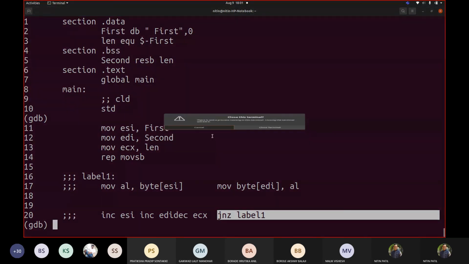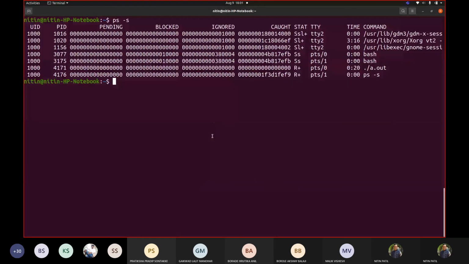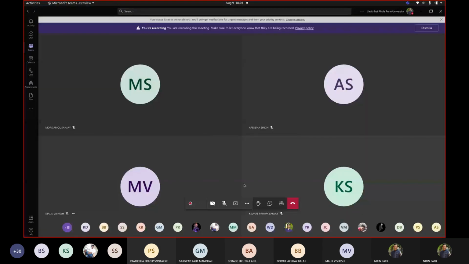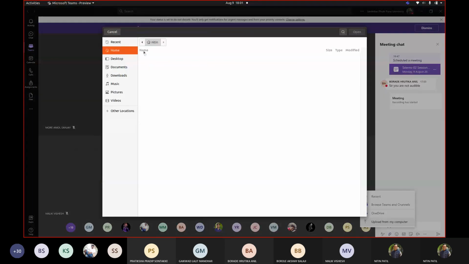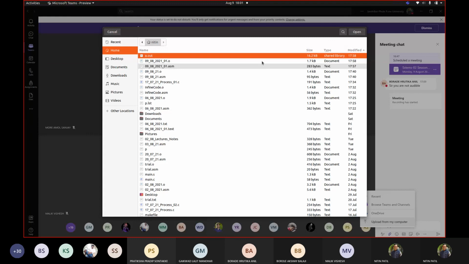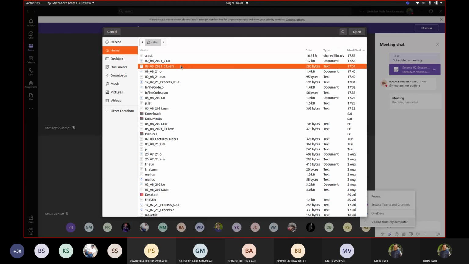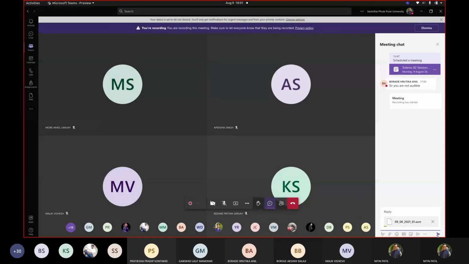So I'm adding this code for your reference, and you can check these values appropriately and try how the flags are getting affected. I expect you to implement a zero flag and sign flag only. I don't expect you to work with any of the other flags. So I have added that code for you. You can take that code, see this video again, and then try to generate the things by downloading it.